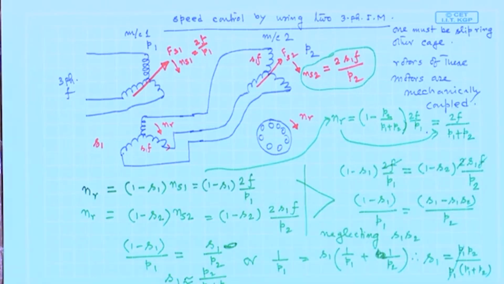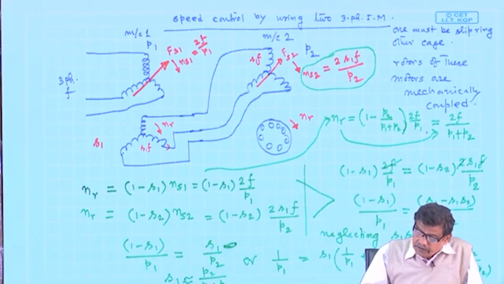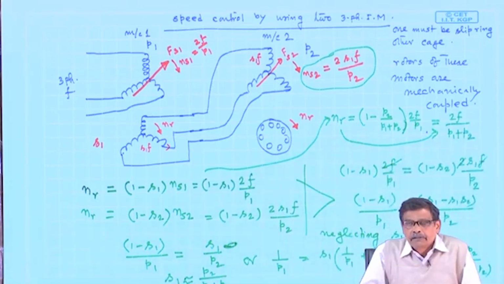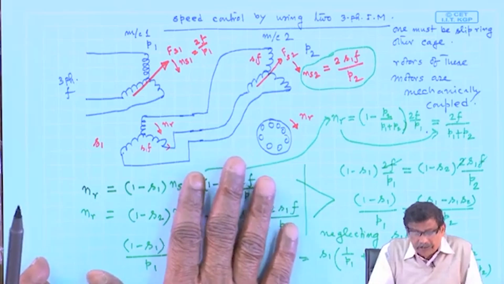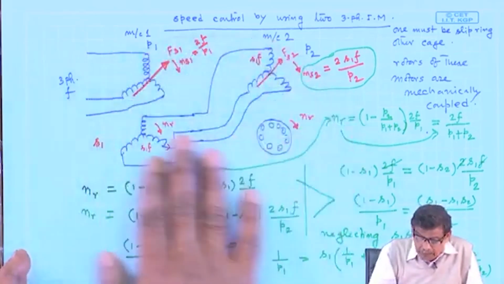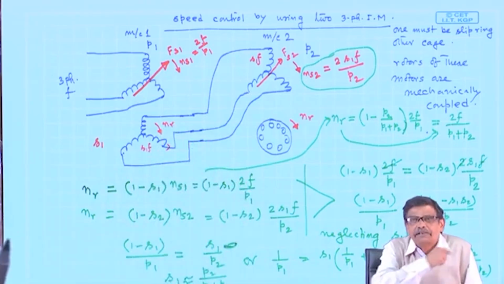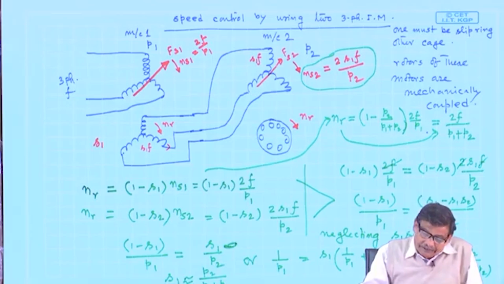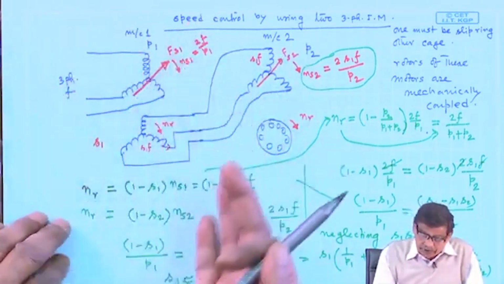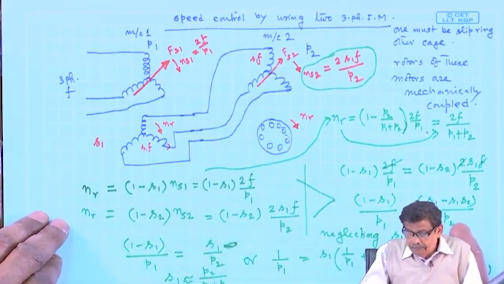Is that clear? So, very interesting idea, that is, the rotor speed will be very close to 2f/(p1+p2). Now, I will not go further into it, but I will tell, because this problem also strengthens our understanding of the 3-phase induction motor, that it is supplied, phase sequence is important, direction of rotation, then by simple algebra